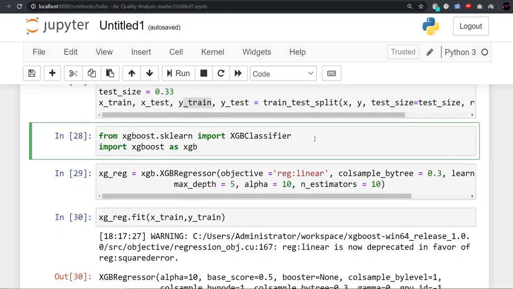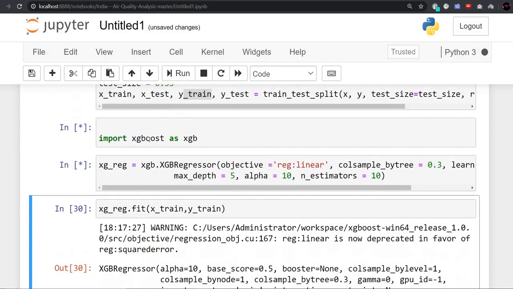And after that we will import the model that we will use. For importing our model, we are importing XGBoost. It comes under the sklearn package. We are using the classifier because we are doing a classification problem. No, we are doing a regression problem, so there is no need for the classifier. We will just use this, and it will work fine, I guess.